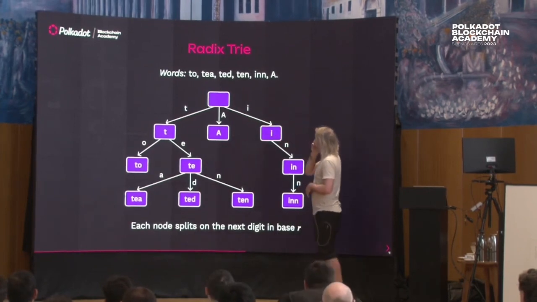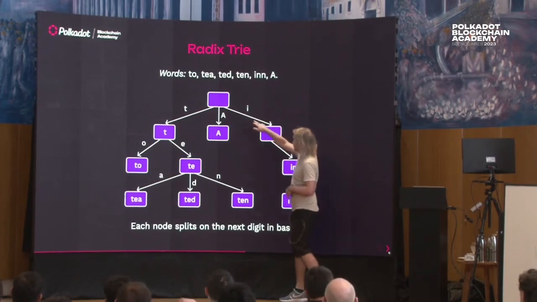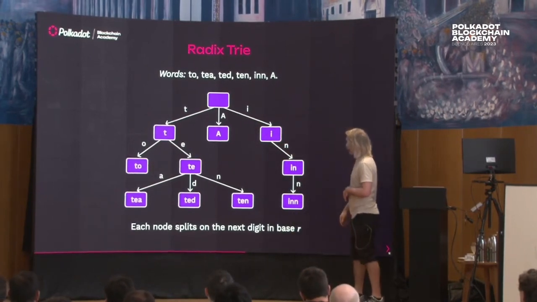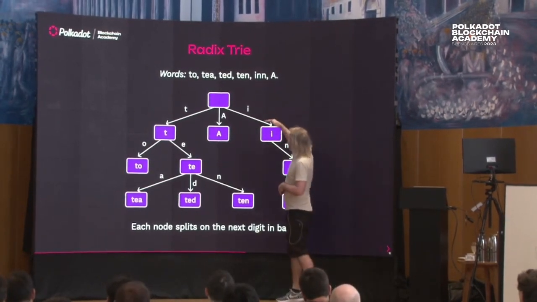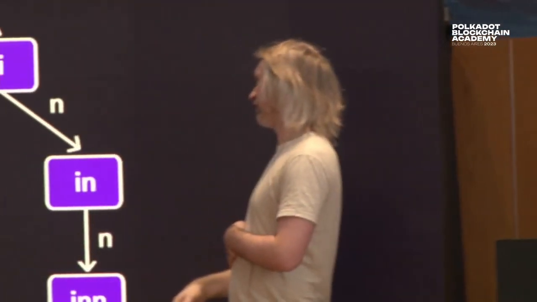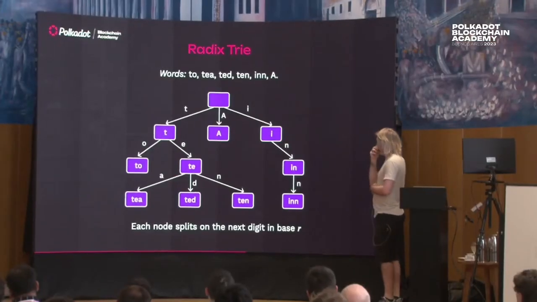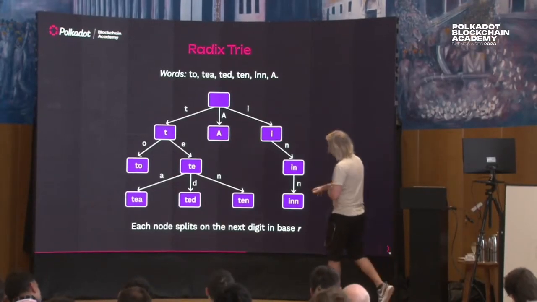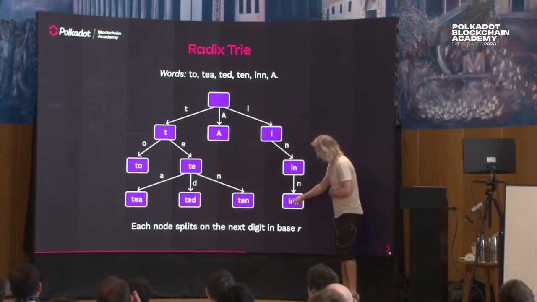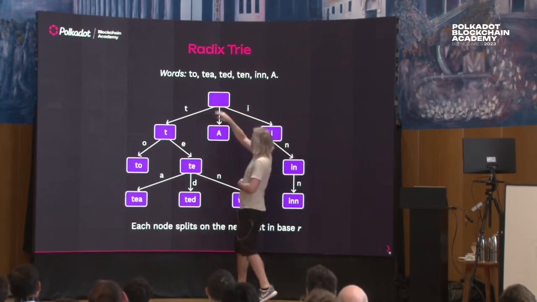And then I comes down to in. And this is just a lonely path, right? So we're having to go to do one hash lookup, another hash lookup, another hash lookup. So 3 database lookups to get to in, which is a lot, really, for just one, when there's only one thing at the end of it. And if we were to prove that, this is indeed in, when this is whatever hash it is, then we